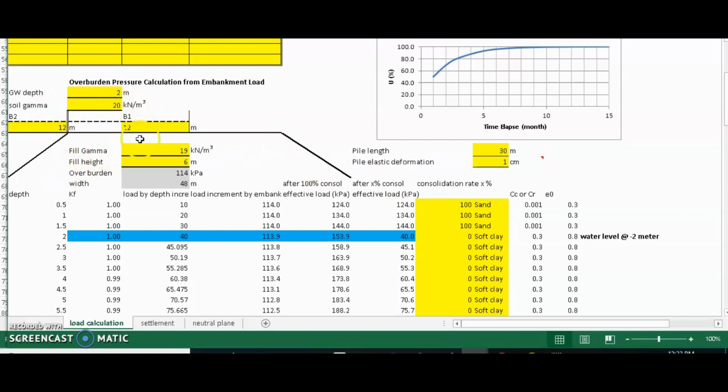The embankment actually has a plateau shape, and there is a side slope dimension. The side dimension is the extension, so you can just specify B2. For the half section of your plateau area, the length you specify is B1. So this B1 is defined as the half section, not the full length of the embankment. Okay, keep in mind. And fill gamma is the unit weight of this new embankment fill material, and